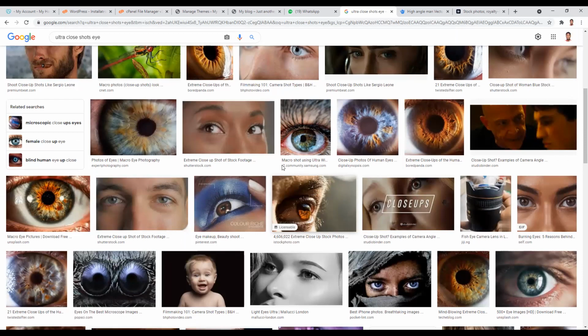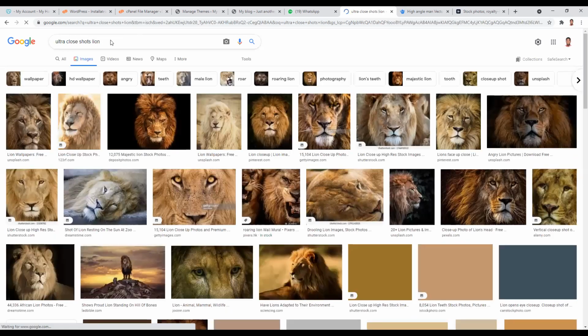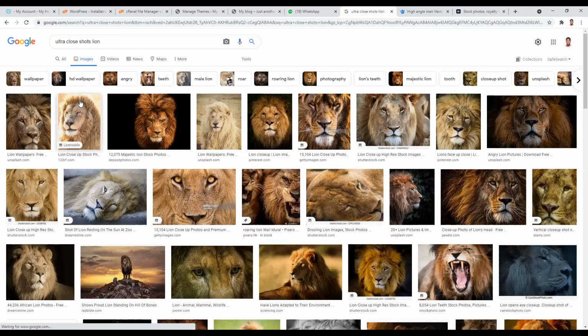Like ultra close shot lion. Here we go. If you want a logo that takes on the form and the attributes of a lion, you probably want to get an ultra close shot so you can get into detail. So let me say ultra close shot. Let me look for a household item that is